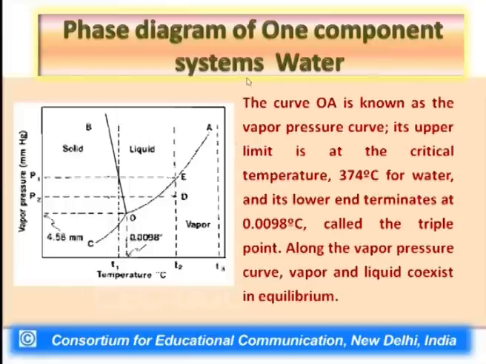So, what I mean to say is that both temperature and pressure change along curve OA in the phase diagram of water, please have a look at the representative phase diagram. Along curve OA, as the temperature continuously increases, the pressure also increases. The density of liquid phase continuously decreases, the density of vapor phase continuously increases, and ultimately point A is reached where the density of liquid phase and density of vapor phase become equal,